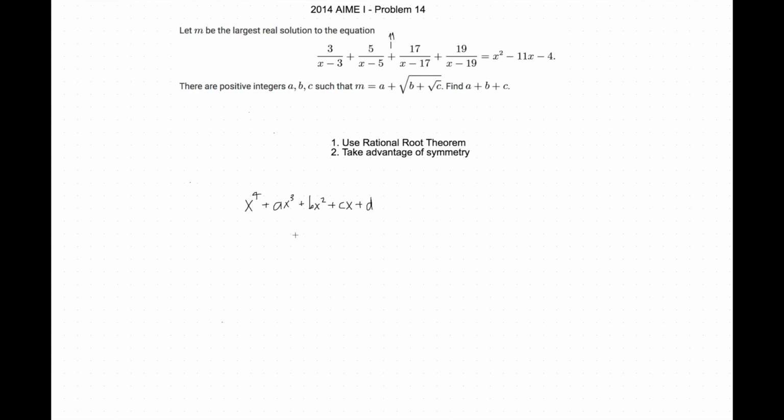And sometimes if we take advantage of symmetry, we'll get a polynomial in the form x to the fourth plus p times x squared plus q. And while this is still a fourth degree polynomial, it's a quadratic with respect to x squared,